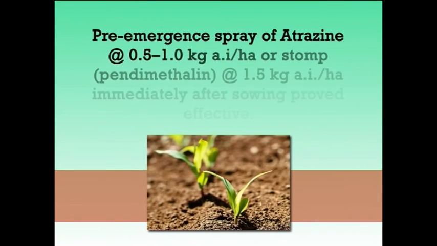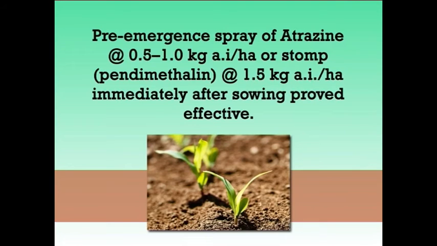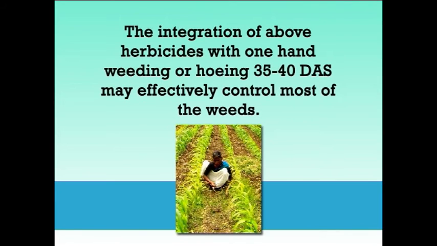Weed control during the first 6 to 8 weeks after planting is crucial. Weed can be removed mechanically, by hand, or with implements. Pre-emergent spray of atrazine at the rate of 0.5 to 1 kg active ingredient per hectare, or STOMP, also known as pendimethalin, at the rate of 1.5 kg active ingredient per hectare immediately after sowing proved very effective. The integration of the above herbicide with one hand weeding or hoeing 35 to 40 days after sowing may effectively control